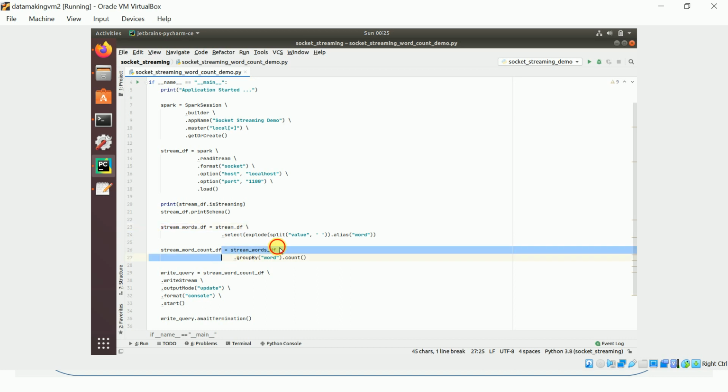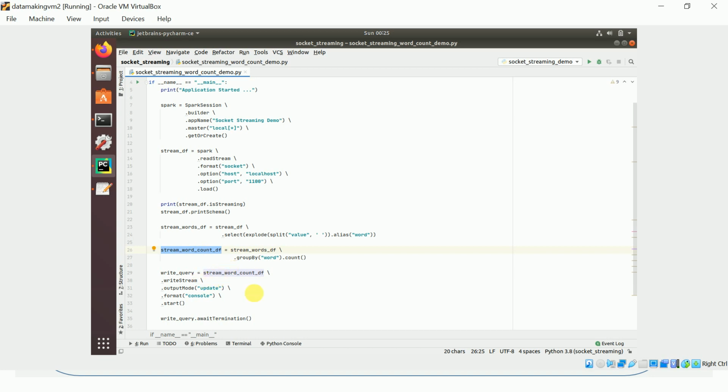Next, we are going to aggregate each word and find the count. This count is not an action like how you do it on an RDD. It will be an aggregate transformation in Spark Structured Streaming. So we just did words.groupBy the word column and then count. It returns a data frame which groups each word and finds the count.